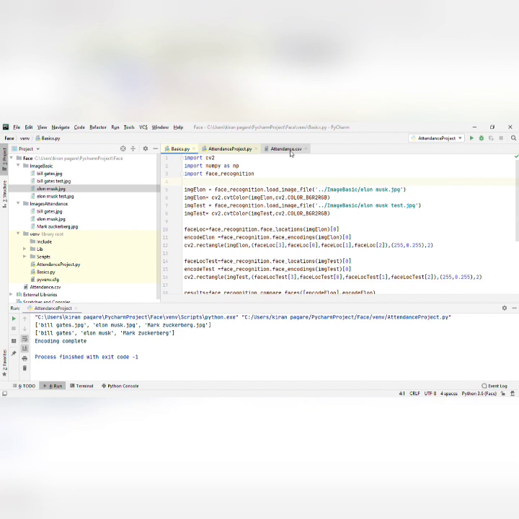Okay. So first we are going to see the basics.py. If you can see this file, basics.py, we will run this file over here using the run option. So the basics.py file basically works with face detection. Face detection means, if two images are there having the same faces on them, then the face detection will show whether the two faces are similar or not.